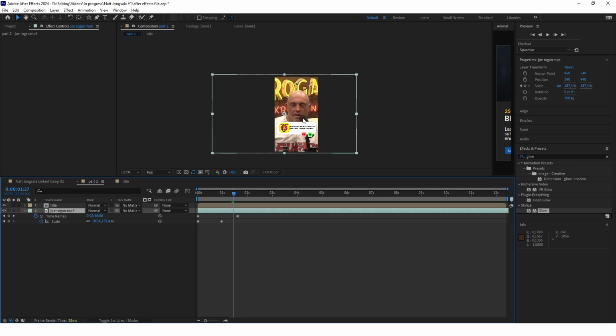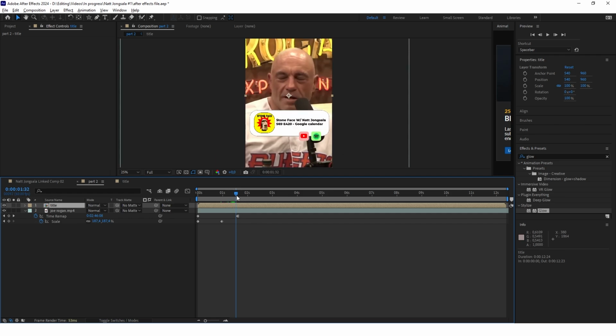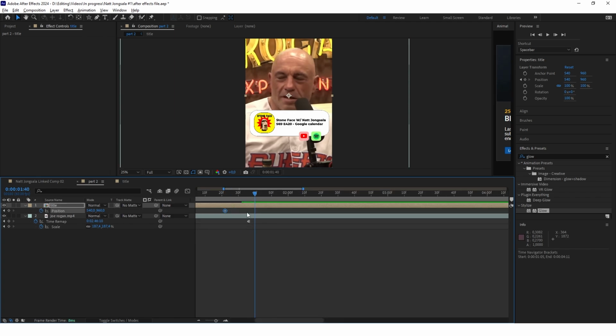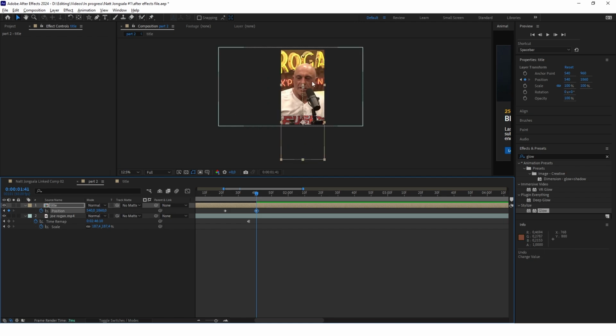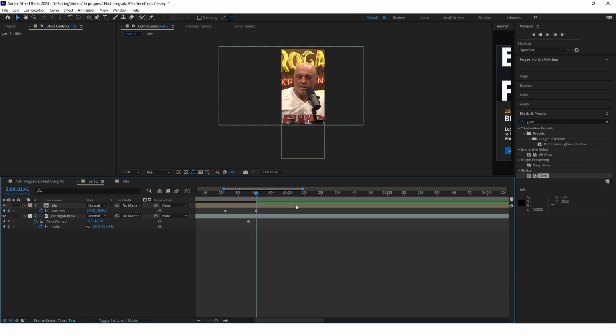Okay, so now we will just animate the position of this whole title. So go to like this moment, so right before you created this toggle hold keyframe, and just keyframe the position here. Go to, let's say, a couple of frames after the toggle hold keyframe, keyframe the position again, and just make this title not visible. Put it down like that. Let's see how it looks right now.